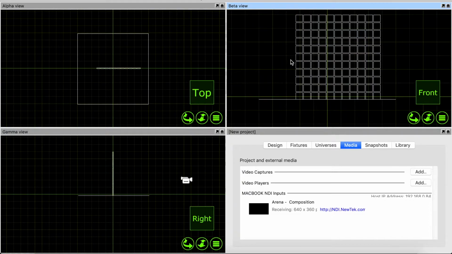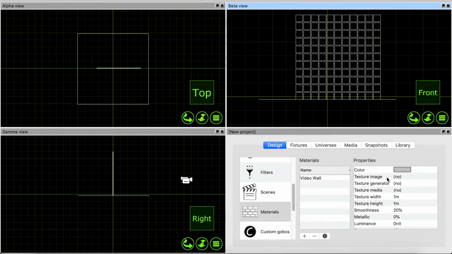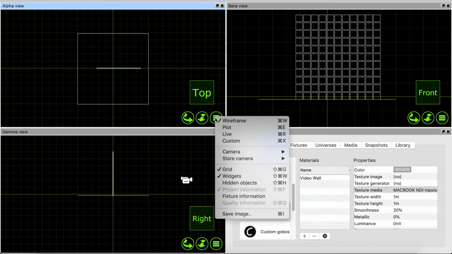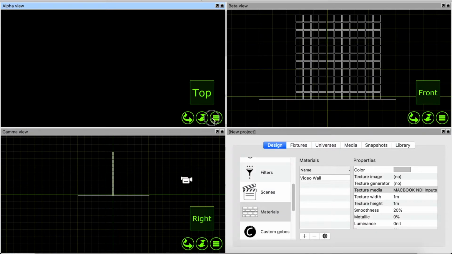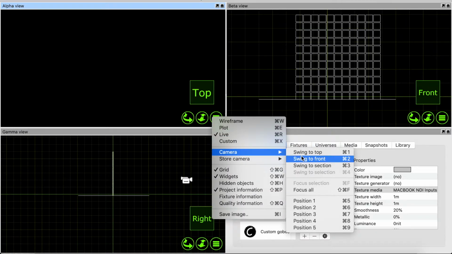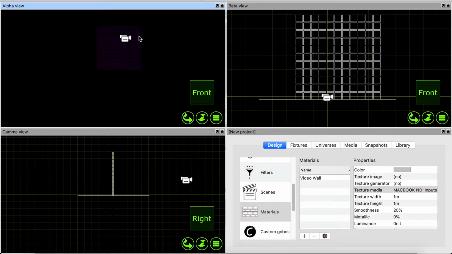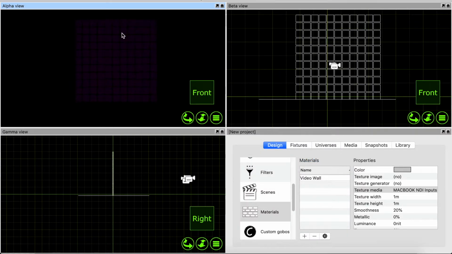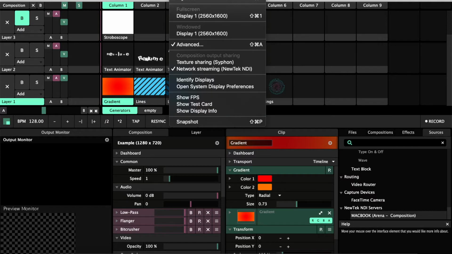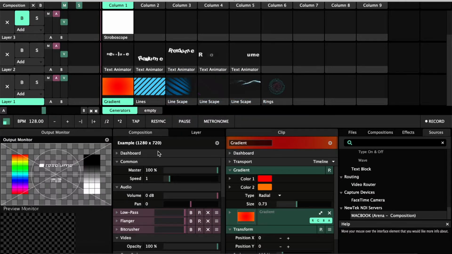So now what you want to do is come back to Design, Materials, and come down to Texture Media, and select your MacBook NDI or whatever NDI it says. Then what we want to do is put this in live view, front, like so, and we've got our video wall here. What I'll do, I'll just run some content. I'll run the test card, like so, see that here,